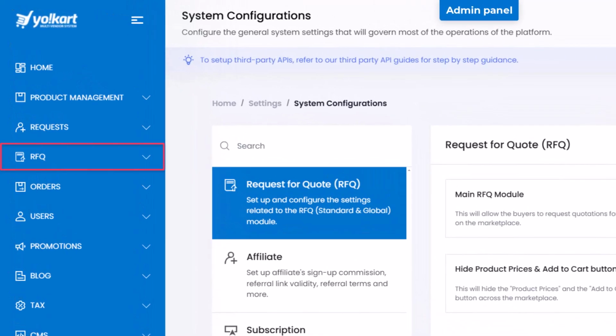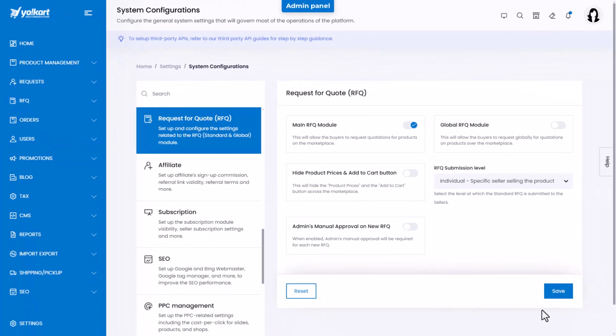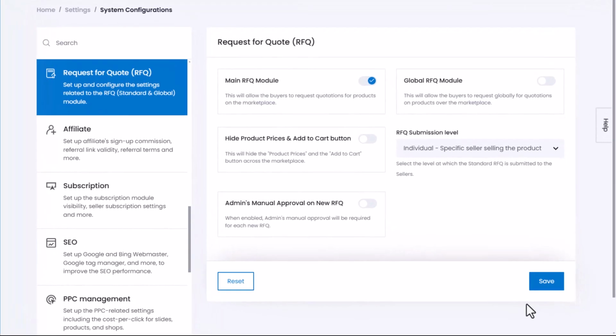Additionally, the RFQ feature will appear in the left navigation menu of the admin panel. The activation also makes the standard RFQ flow operational on the platform. In addition, the admin can further define how the standard RFQ flow will work on the platform by configuring other related settings, including hide product prices, an Add to Cart button, RFQ submission level, and admin's manual approval on new